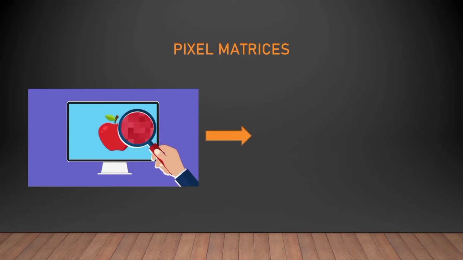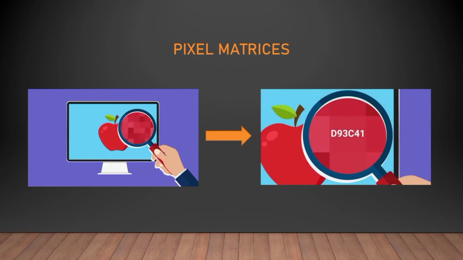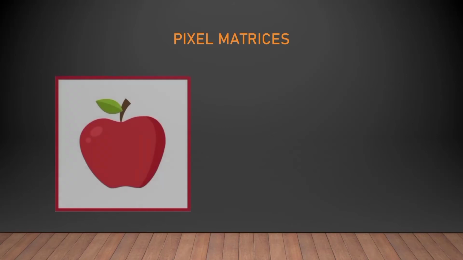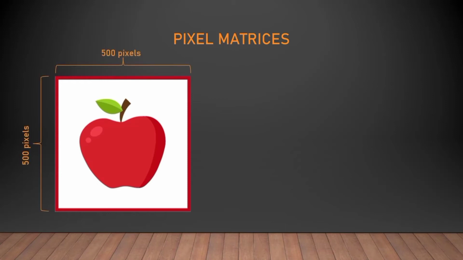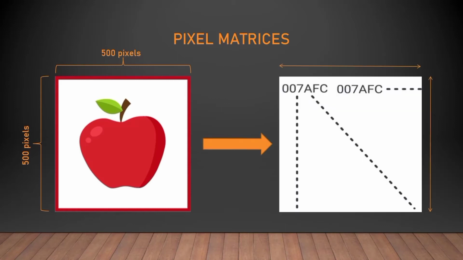Every coordinate of this image is associated with a pixel. Every pixel has a shade code. These shade codes are then transferred in the form of a matrix, and whenever we need to see that picture, these smart objects change the shade code associated to that particular pixel to the shade which needs to be present right there. And this leads to the formation of a beautiful image of an apple. For example, if we have a picture of 500 pixels by 500 pixels, these smart objects will make a matrix of 500 cross 500 having approximately 2.5 lakh shade codes in a managed and arranged manner.